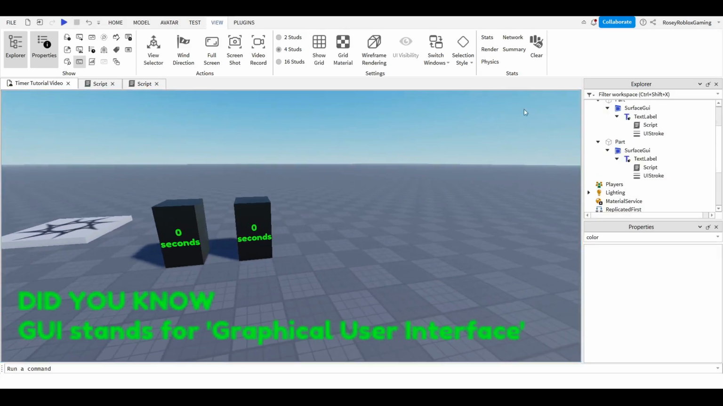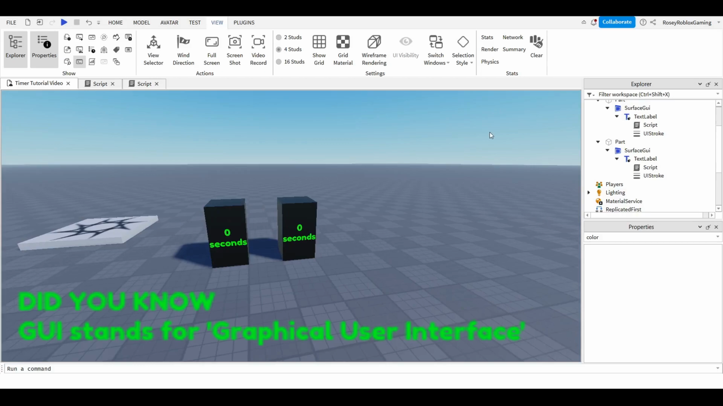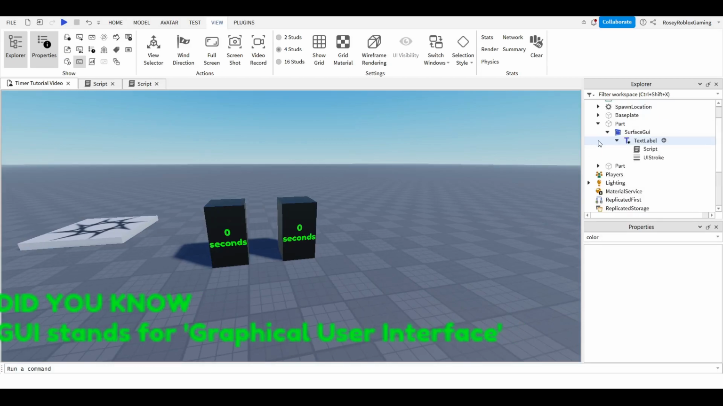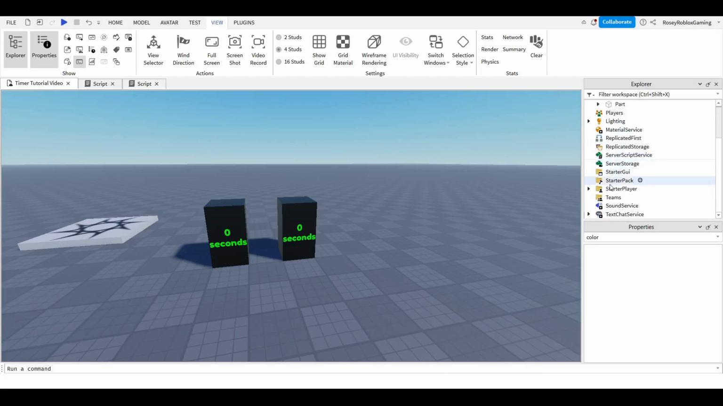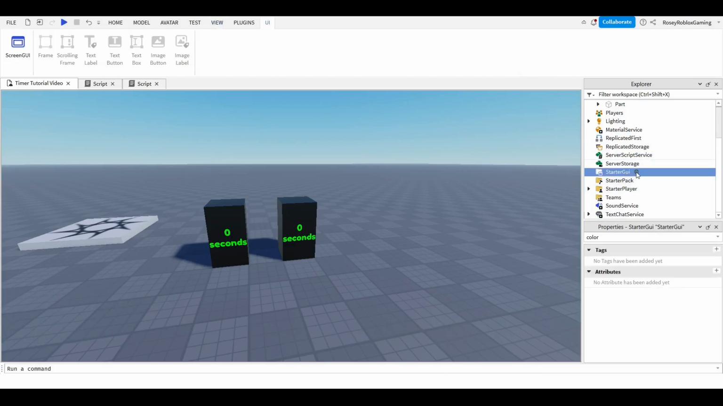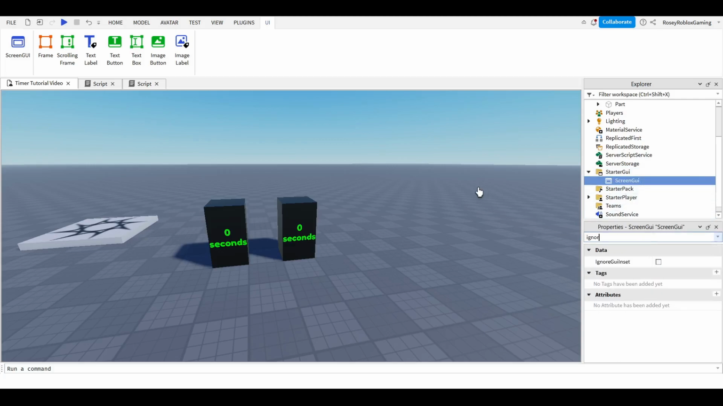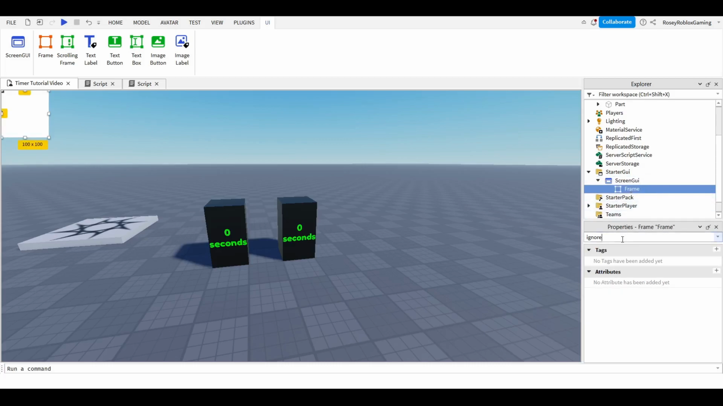So you can design the GUIs however you'd like, but I will show you how to do one particular design. So let's go into StarterGui and press a plus. ScreenGui. Then I'm going to add, actually something to remember to do is make sure Ignore GUI Inset is on, otherwise it'll move the parts down. And we can add a frame